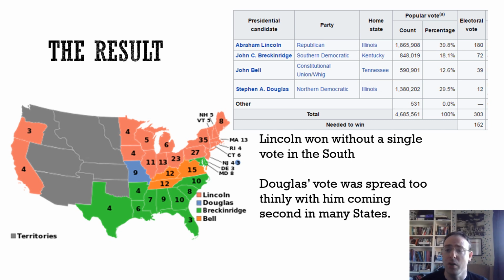Now, Lincoln wins 180 electoral college votes with just under 40% of the vote. So is he handed the election result by the split of the Democrats? Well, no, he's not. If we take Breckinridge's votes and add them to Douglas's votes, then we're only on 84. Even if we then add Bell's votes in as well, we're still nowhere near. Because Lincoln needed 152 to win, he got 180. So actually, even if it had just been Lincoln against the other three candidates all put into one, Lincoln still would have won.